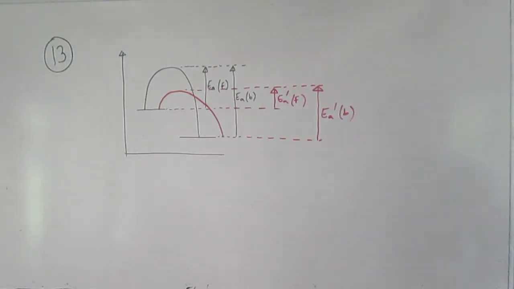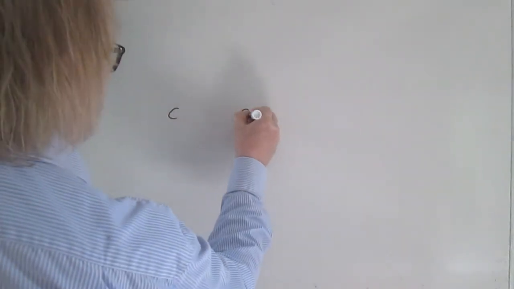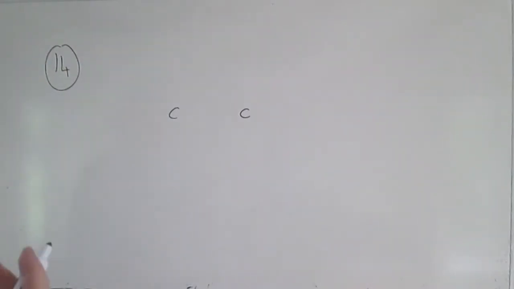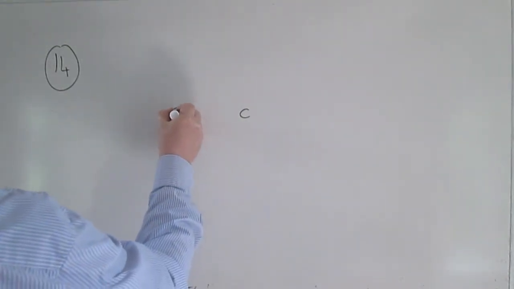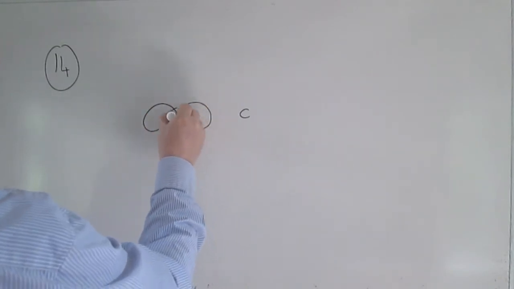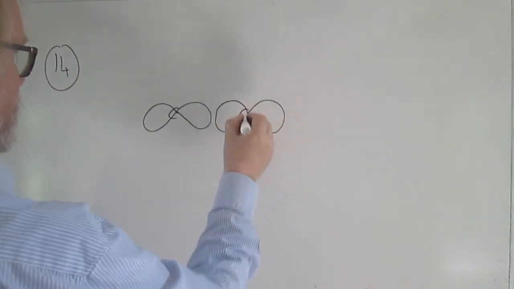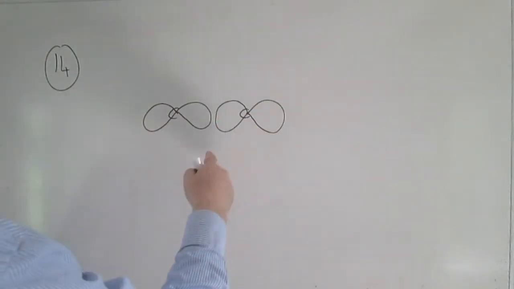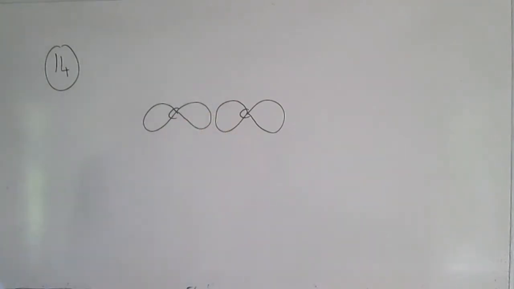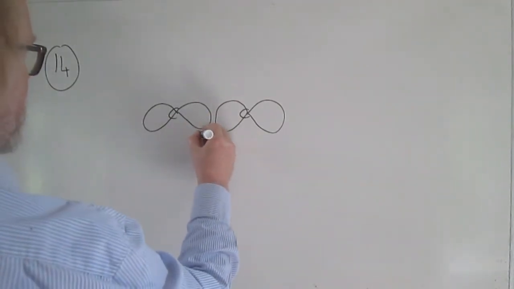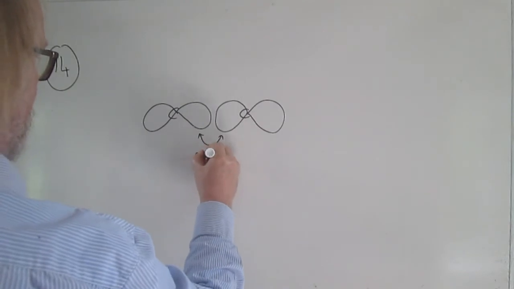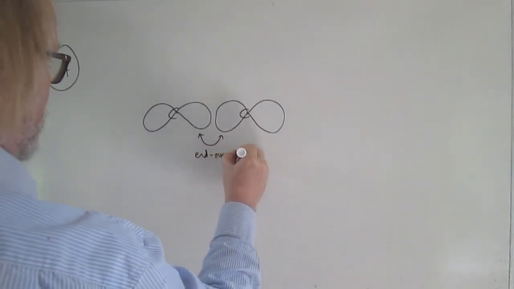Okay, so if we think about an ethene molecule, we've got two carbon atoms, and we've got to form two bonds between them using the p orbitals. So remember that the simplest way to do that is to have p orbitals arranged like this. So you have one oriented like that, and the other oriented the same way. And as you bring those two carbons together, these two are going to overlap end over end. Okay, so you get end over end overlap,